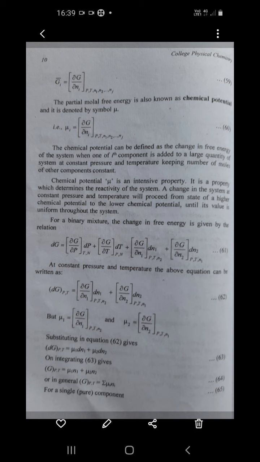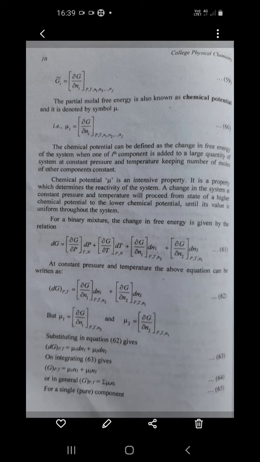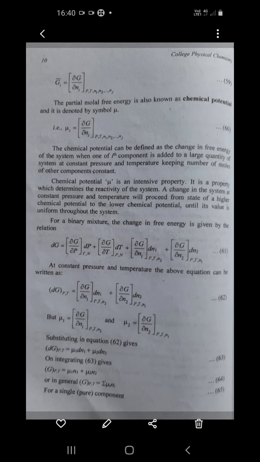Okay, so the chemical potential mu is an intensive property. It is not an extensive property. That means it does not depend on the amount of substance. Whatever quantity of water you have added, say 1 liter of water added to 1000 liters of water, the effect of that one added water is very small. At that time this property becomes an intensive property, right?